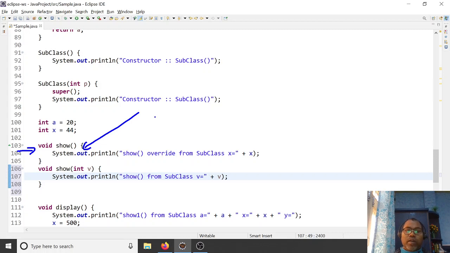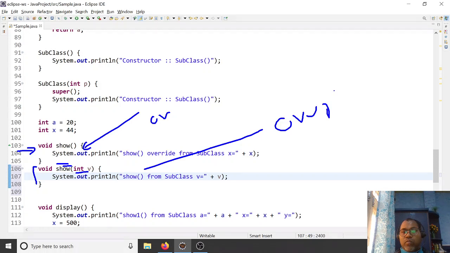But if you write the same method name with a different argument, this is your overloading. So if in the subclass you define the same name and same signature, then it is overriding. If same name but the parameter list is different, this is overloading.